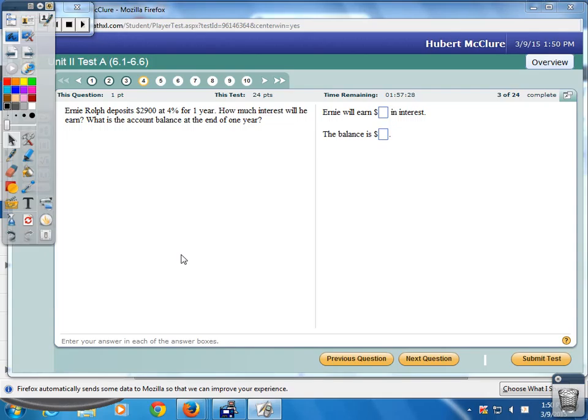Ernie Rolfe deposits $2,900 at 4% for 1 year. How much interest will he earn? What is the account balance? Okay, this is simple interest. So they just multiply. This is the Walmart equation: 2,900 plus 0.04 times 2,900 is equal to